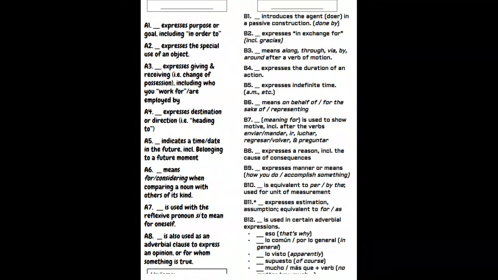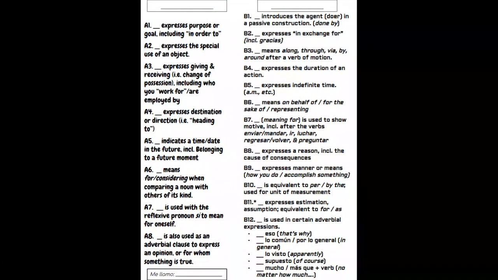Okay, B3. Use por to express along or through or via or by or around after a verb of motion. So I walked through the park, or I walked along the river, or I went to the game via Route 287. When you use a verb of motion and you try to travel to a location, you're going to use por. So for instance,